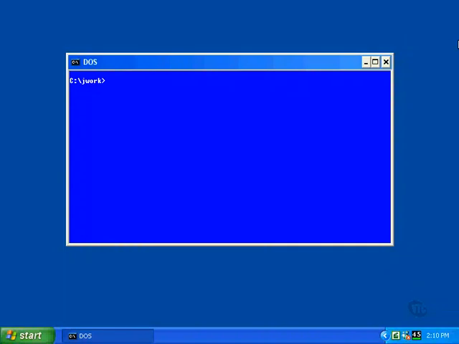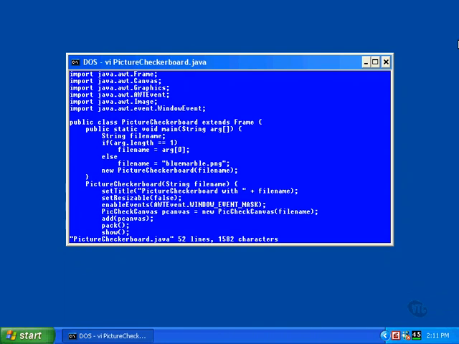This lesson is a detailed description of the program solving the problem in the previous lesson, and then a modified version of the program is presented with an added feature. This is the program that displays the checkerboard with a graphics file loaded from disk and displayed in all the